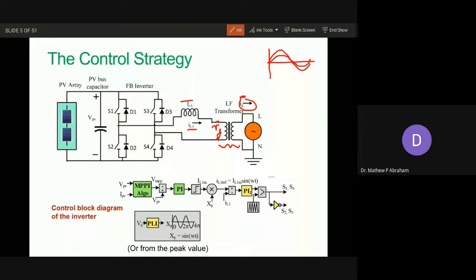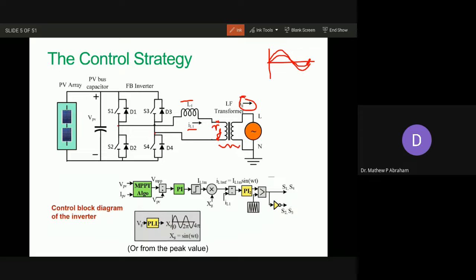There are certain rules regarding power injection. IEEE has formed several standards. And one such standard is that the solar system should not consume any reactive power from the grid. Of course, there are possibilities for injecting reactive powers into the grid, but it should not consume reactive power. So our aim is to inject a current in phase with the grid voltage.